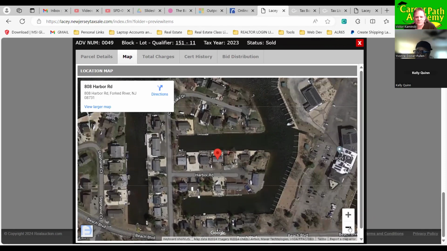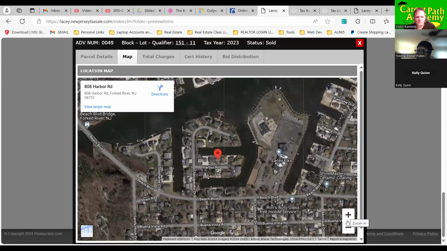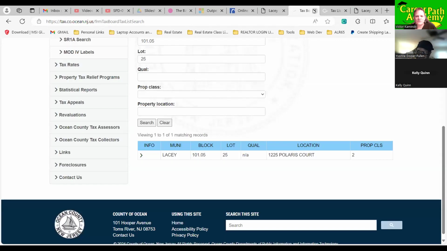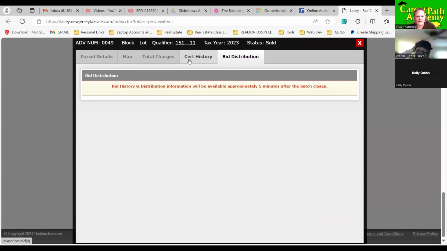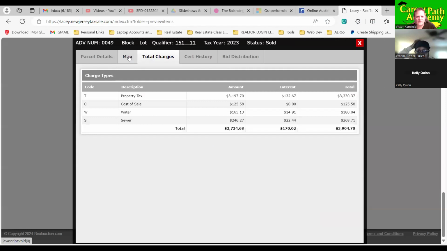Forked River, though. Let me see. Maybe Forked River is cheaper for some reason. I got to start looking in Forked River, maybe. Yeah. Jeez, nice shore house, right? Oh, yeah. Get out of overpriced Linden, where the crime is going through the roof and the taxes are going up.